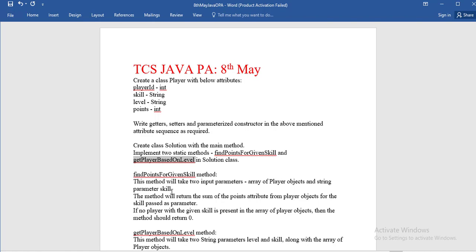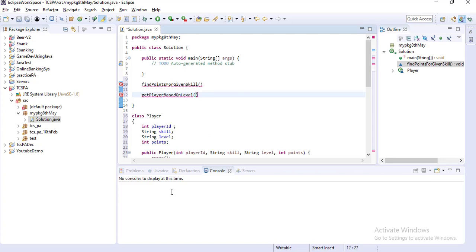So for that, write the array of players. The Player class is already created, so I create a Player type array and give it the name, suppose, player. And then a String type skill.